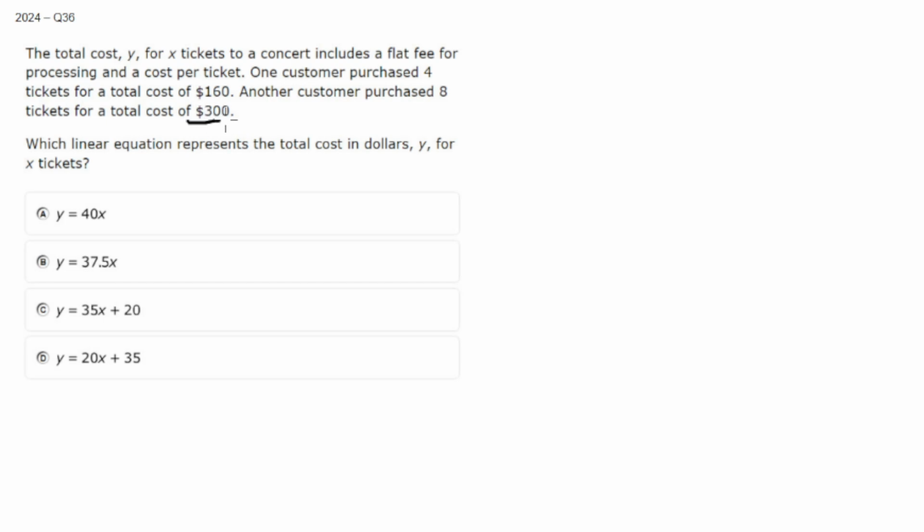Now, I'm going to do this by hand, as this is how I originally attempted it, and then I quickly realized that I'm not able to do it by hand, but I'll show you the reason why. Which linear equation represents the total cost in Y dollars